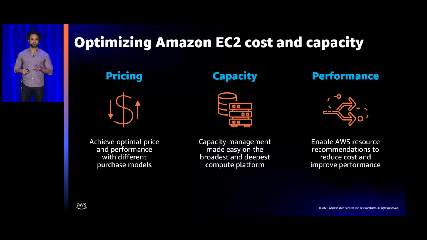The last thing we put here is performance optimization. So we've talked about instance flexibility and why that's so important, and we've got these different purchasing models that allow you to be instance flexible. Don't get so spun around the axle of trying to make the right decision right away.